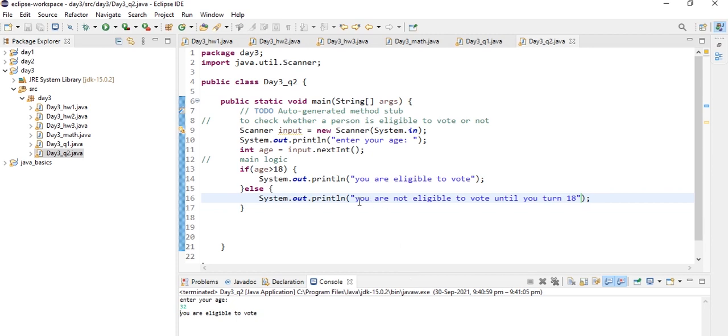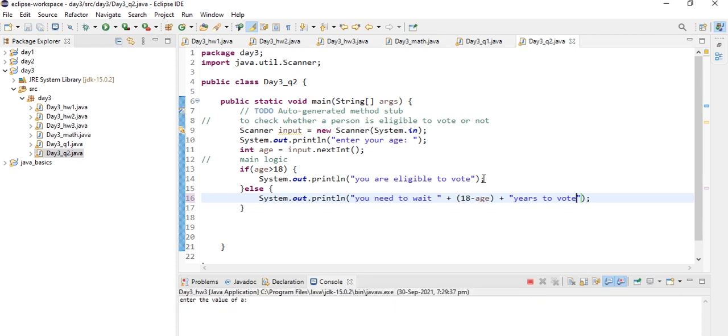Or we can just type here that you need to wait for these many years, so that it would be easy. Need to wait, that is 18 minus age years to vote.